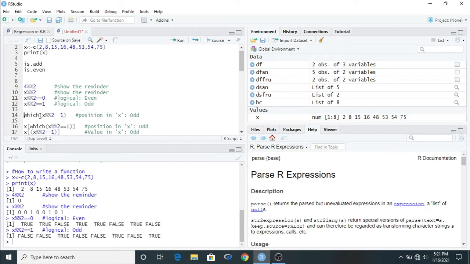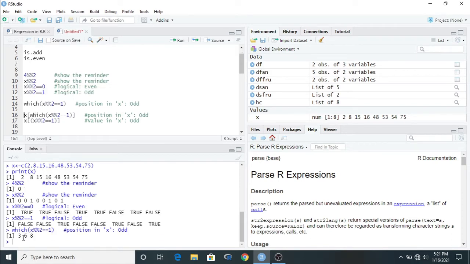So we have to put another syntax, or the code inside the bracket, the remainder double equal to 1. This gives the positions where the remainder is 1, so it gives the position value: first position, second position, third position, or whichever position. Just run. It indicates the remainder is 1 for the third, sixth and eighth items.